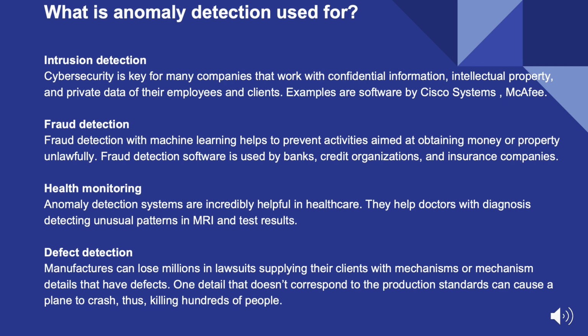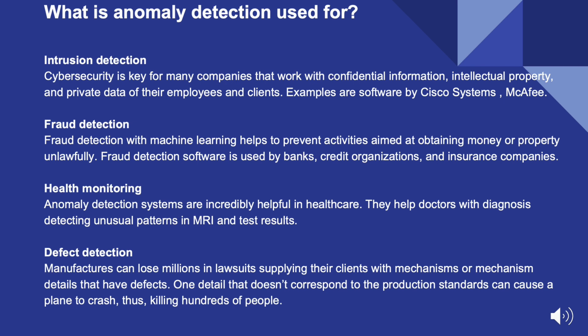Defect detection. Manufacturers can lose millions in lawsuits if they supply their clients with mechanisms or details that have defects. One detail that doesn't correspond to the production standards can cause a plane to crash, thus killing hundreds of people. Anomaly detection systems that use computer vision can detect if a detail has a defect even among thousands of other similar details on the belt line. Moreover, anomaly detection systems can be connected to the mechanisms to monitor internal systems such as engine temperature, fuel levels,